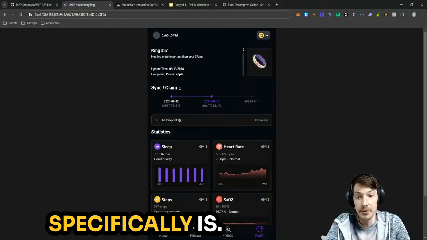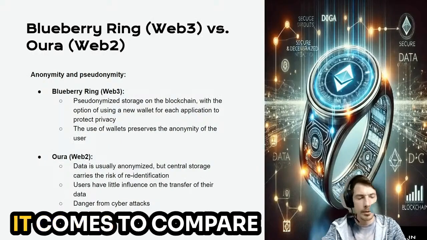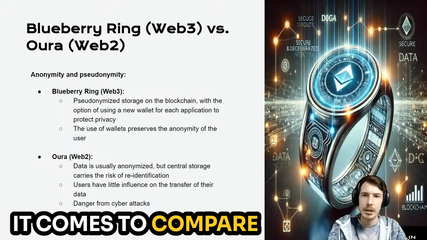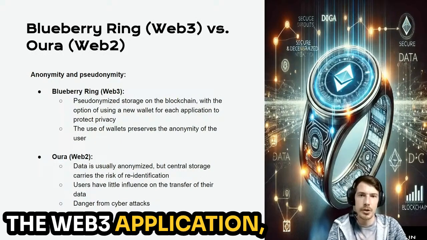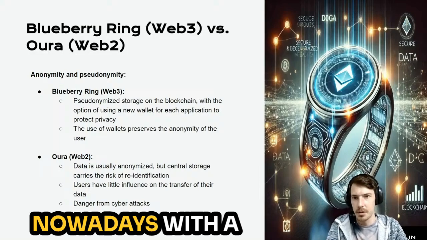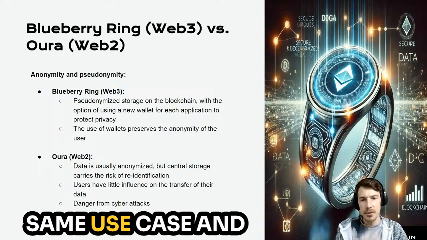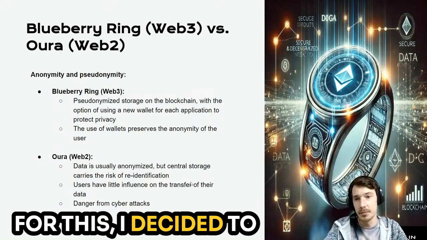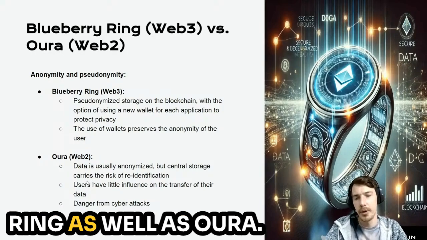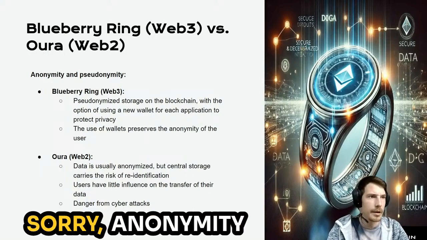health data specifically. I just wanted to have a real example when it comes to compare the Web3 application, which is getting more traction in the world nowadays, with a Web2 application which solves the same use case. And for this, I decided to compare Blueberry Ring as well as Ura. Just from the standpoint, sorry,